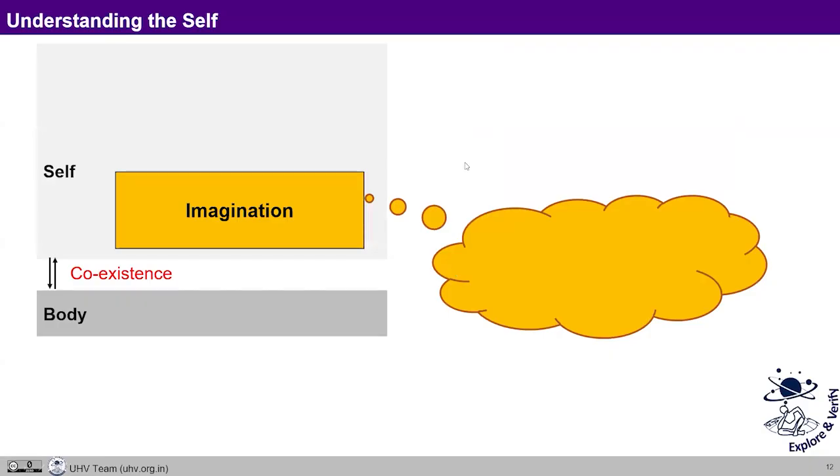Now I will open up briefly about the self here. So here also you will see that the schematic representation has been changed somewhat. So I can see that the body is there. I can also see that I am there. And within me, I can see that imagination is there. So I expect to be respected. I think I'm special. I desire to be a billionaire. I feel like taking revenge. This is all going on in imagination. So what we have tried to do here, we have tried to relate those words which come later, like expectation, thought, or desire, and try to list them out here so that the child starts thinking on those lines.